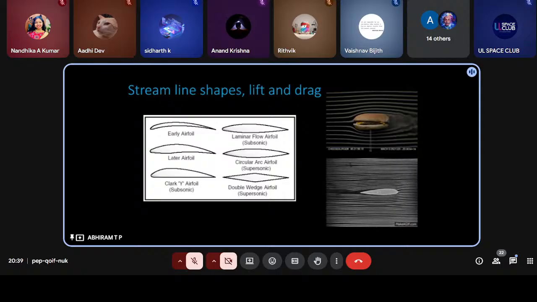And the next one is the diamond airfoil. It's a double wedge airfoil. It is perfect when it comes to handling shock waves and such sound barriers. This is usually used in missiles, rockets, and some very advanced fighter jets. The fact is that they can stay stable even at a speed above Mach 2.